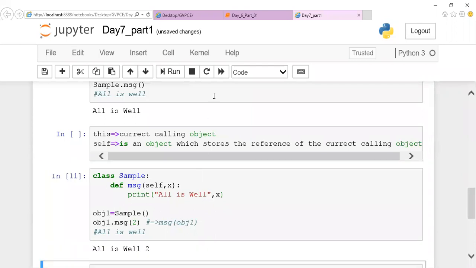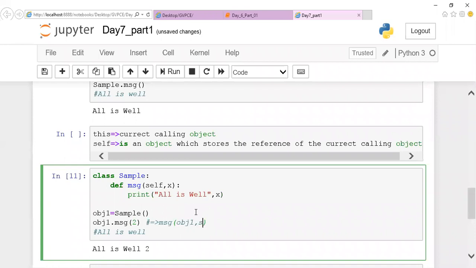Keep in mind that the first parameter should always be your object reference. If you are calling this method by using an object, you will be passing the first parameter as a reference to the object. This is mandatory. Guys, is that clear? Why is this self?